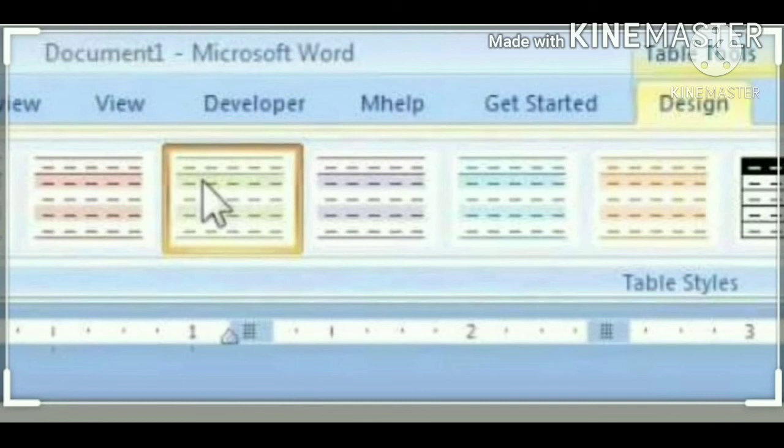How to change table styles. You can change the color, look and design of the table by using table styles. It makes your table more attractive. This can be done through commands in the Design tab. To change the table style, follow the given steps.